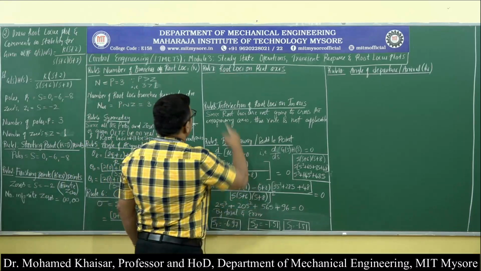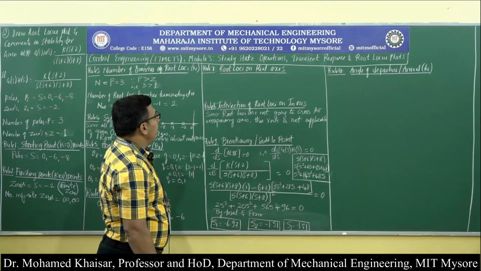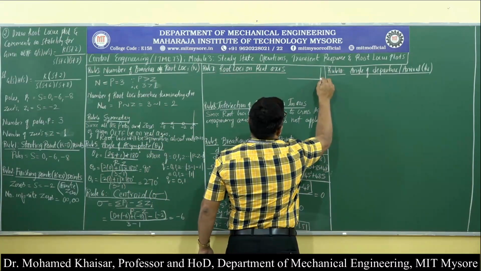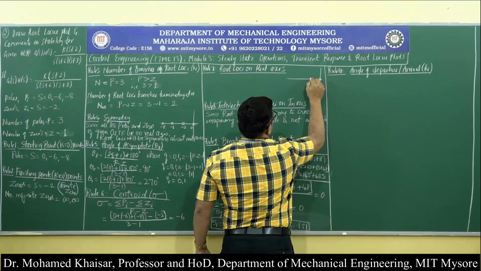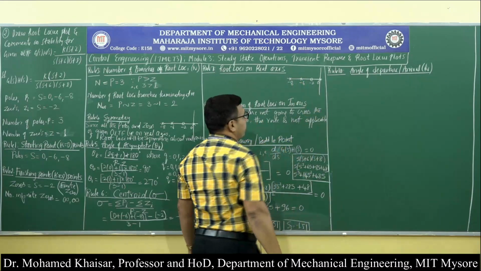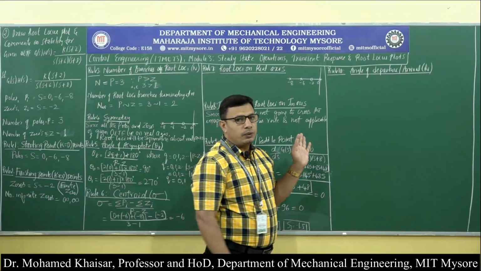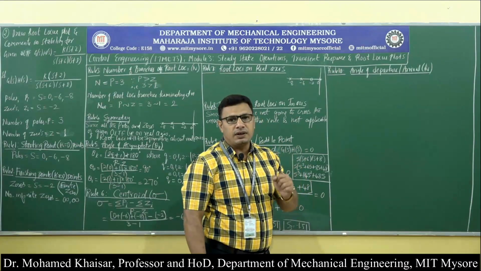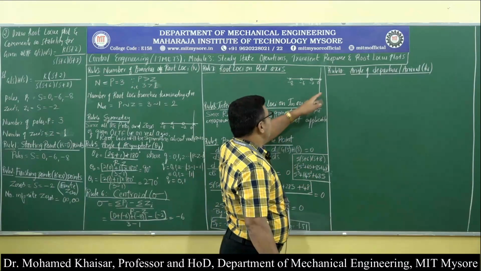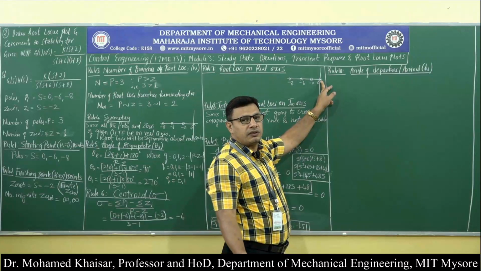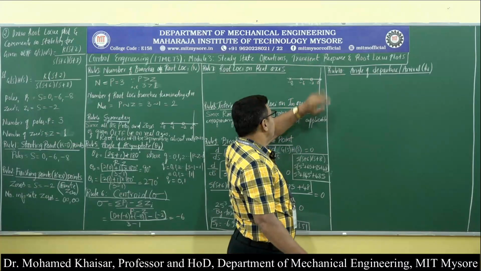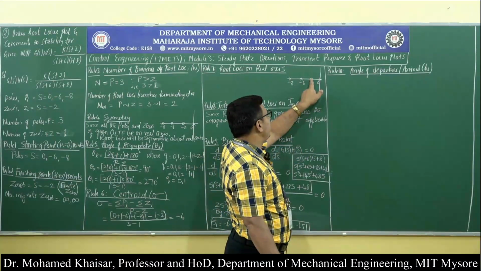Then rule number 7, root loci on real axis. How to know this, it is very easy. There is a pole at 0, there is a 0 at minus 2, there is a pole at minus 6, there is a pole at minus 8. We need to find whether root loci exists on real axis, and if at all it exists, where all does it exist. Now the procedure is, you leave the first, whether it is a pole or a 0 here, the first factor you just leave. Then you just check if root locus exists between minus 2 and 0.